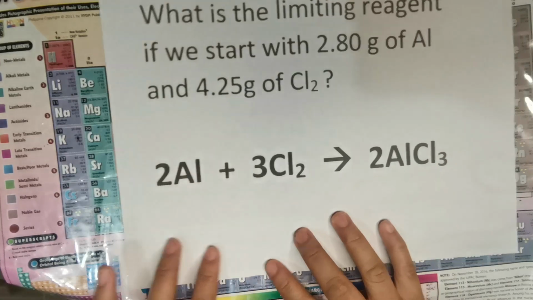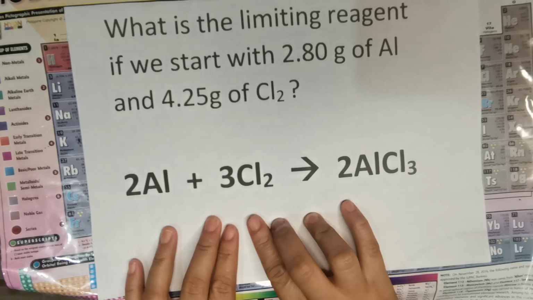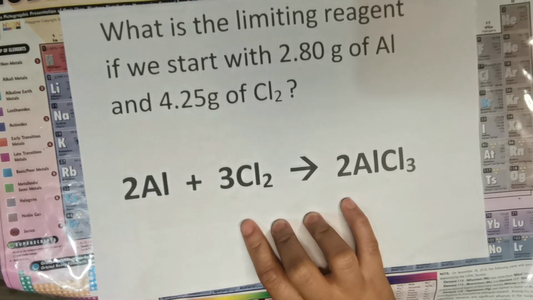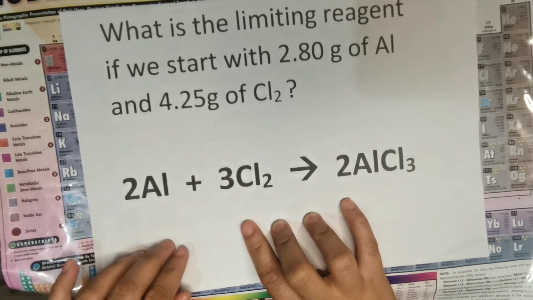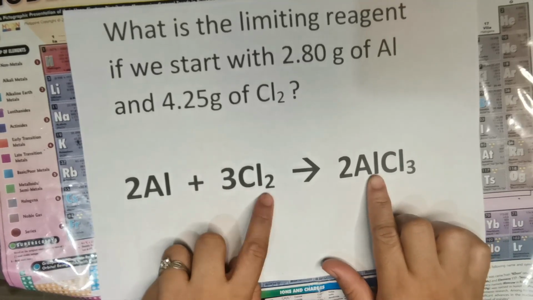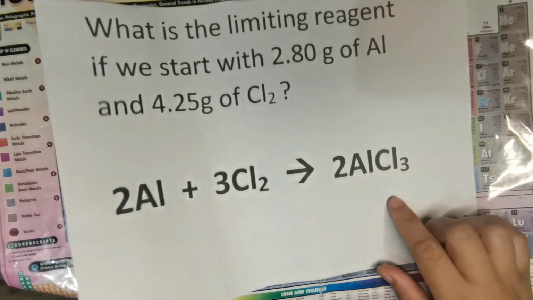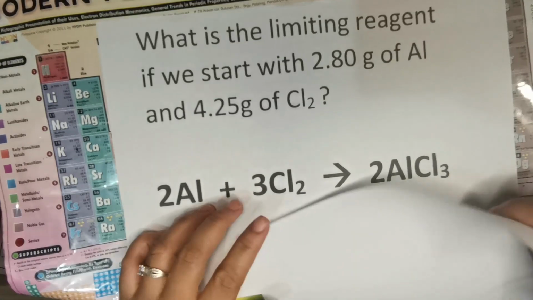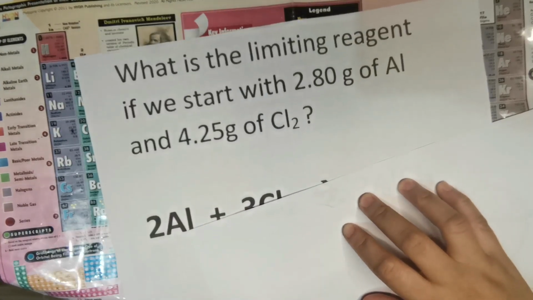We have also been given the balanced equation. 2 aluminum react with 3 molecules of chlorine gas, which yields 2 molecules of aluminum chloride. So from this, check first if it is balanced. 2 aluminum, 3 chlorine, which precedes the 6 chlorine. After checking that it is balanced, next, since the problem is